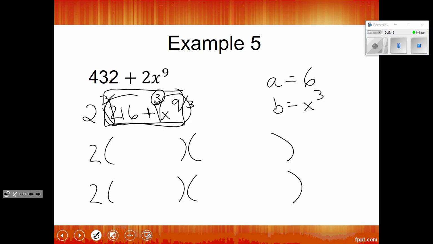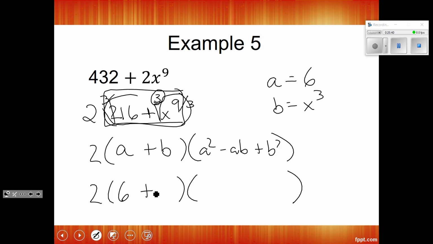What's our formula? A plus B, minus AB plus B squared. What happens if you don't write your formula down and you don't define A and B? It's going to get really lost, okay? So this is a crucial step, okay? So let's just plug in. So this will be